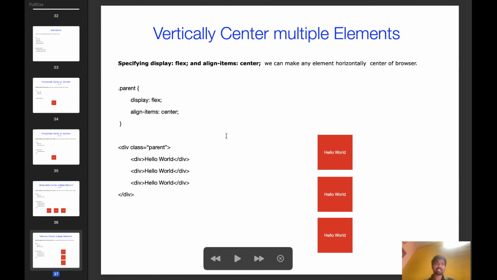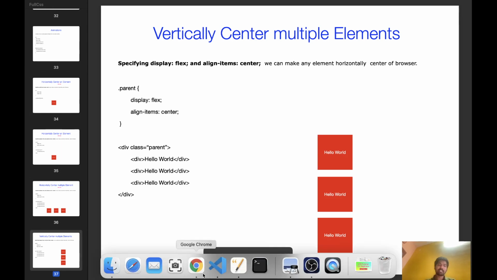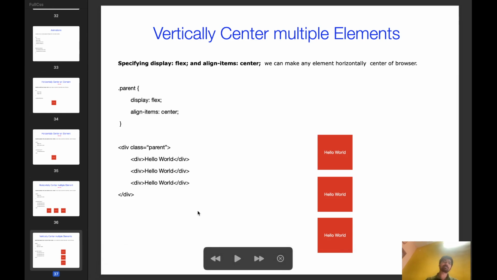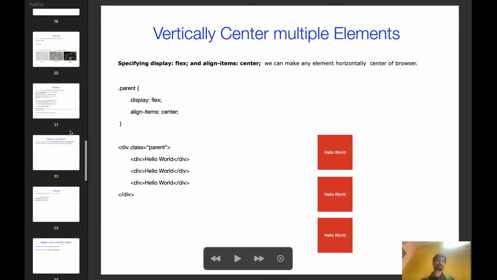Okay, let's say in the browser height, if you want to keep some element in the middle of the browser height, you can use this for the parent. For the child you need not write anything. All flex properties you apply only to the parent, display flex and align items center. Yeah, that's it about how flex works. So yeah, this is about part 2.